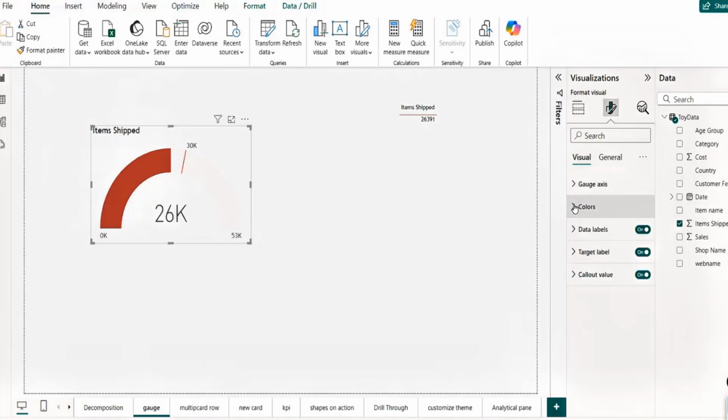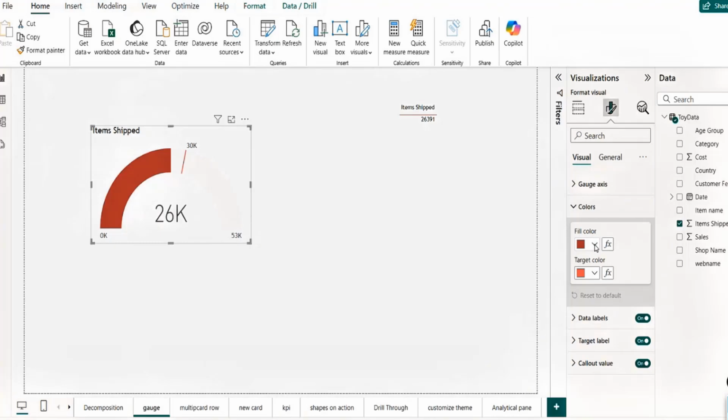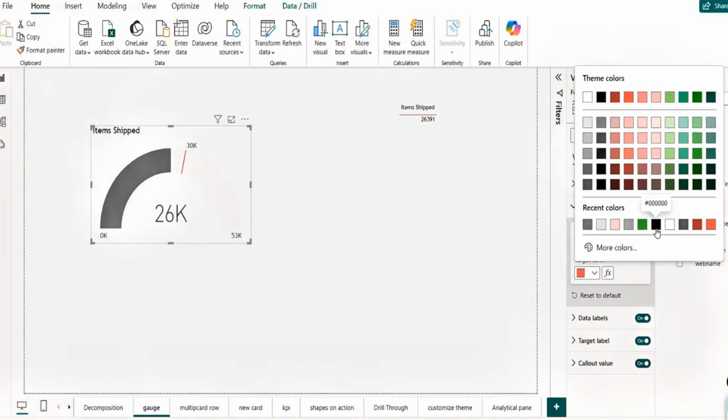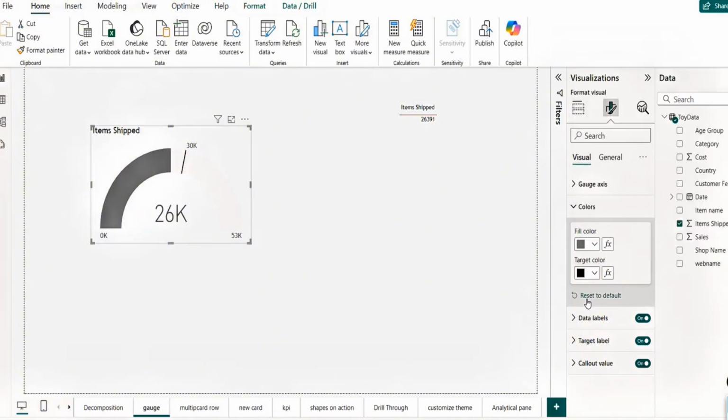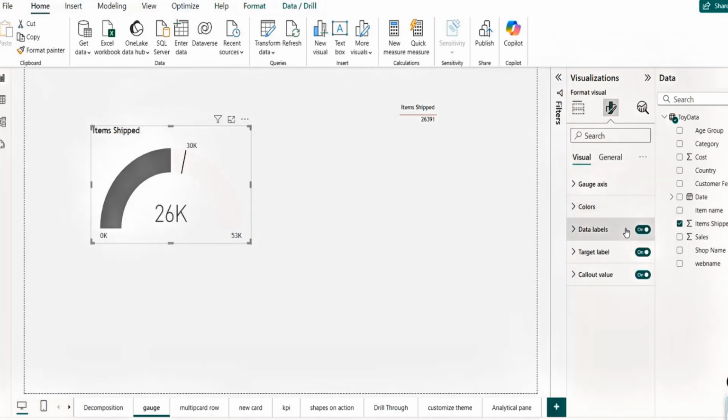So the color, we can choose the colors. For example, I am just going to choose some dark color, and the target color is okay. I'll just go with the black one. Yeah, fine. Then you have the data labels. You already know all these options. These all labels which you see, right? These